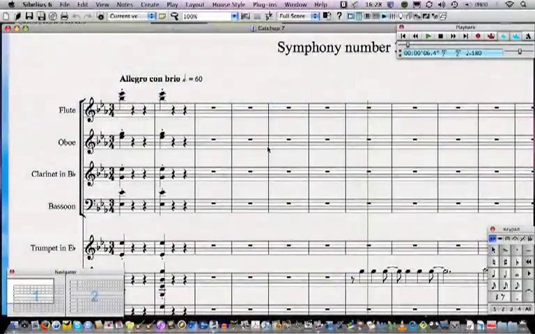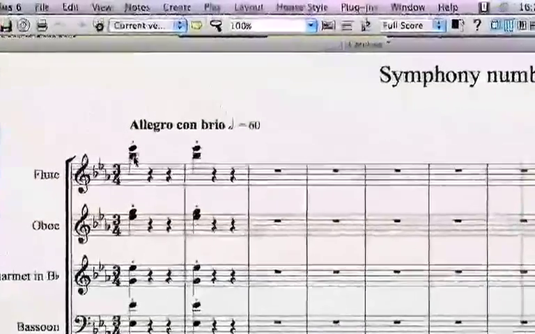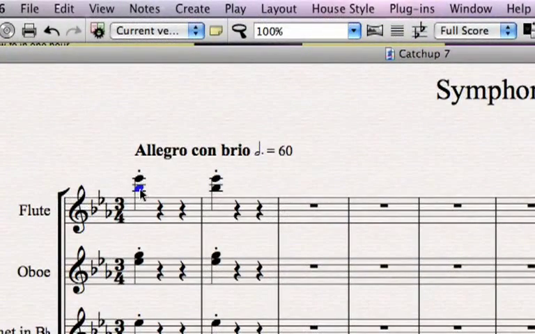In this video, we're going to look at dynamics and also copying and pasting elements of your score. So let's take a look at the dynamic in the first bar of the symphony and add it. Click on the first chord in the flute part, and if you want to add a dynamic, you can do